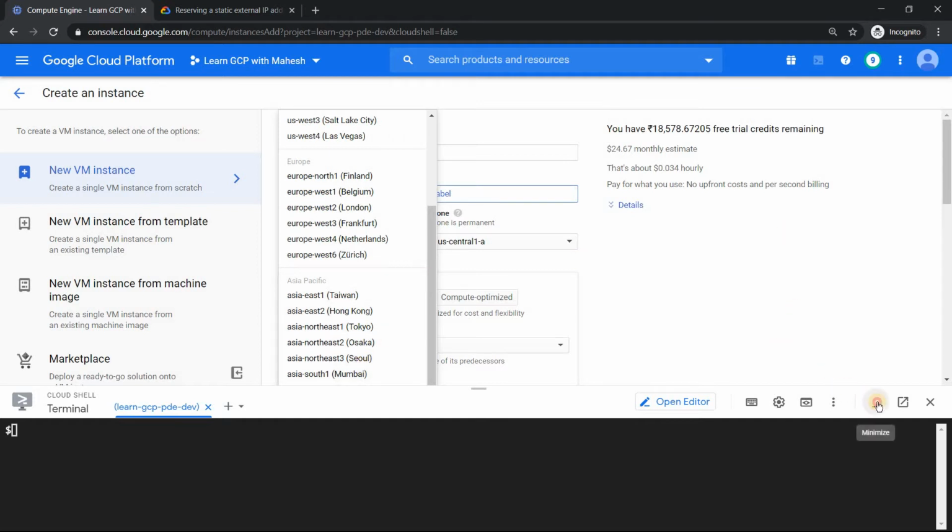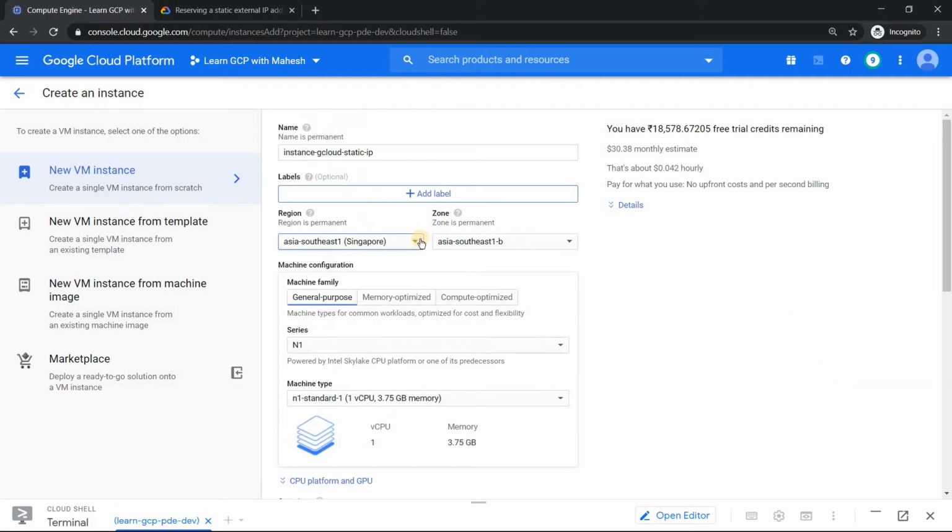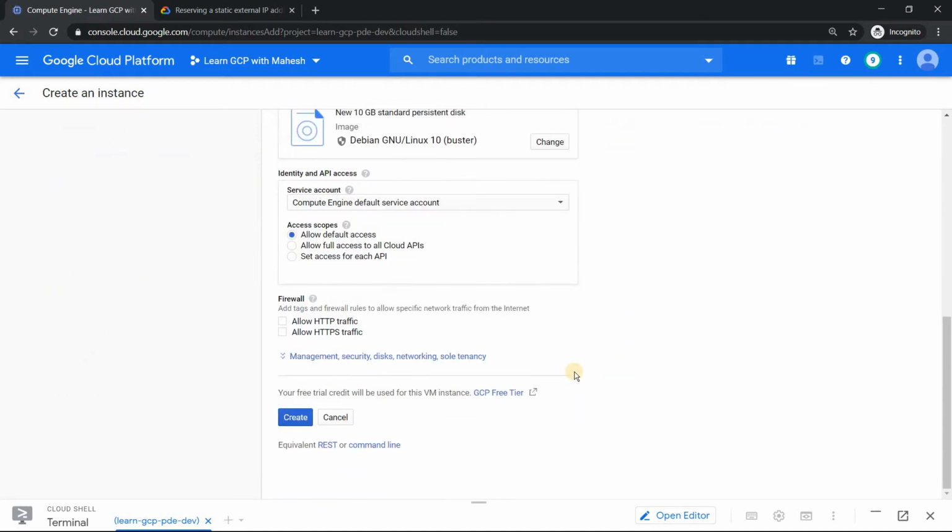Singapore should be closer to me. I usually create virtual machines in Mumbai, but in Mumbai only one zone is currently working. The other two zones, if I do some creation using free tier, I'm getting that exhausted. The resources are exhausted, so soon it should come up. So I'm just going to use a safer zone. That's it. Everything is default.